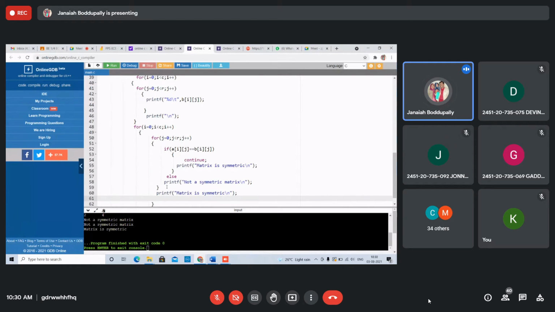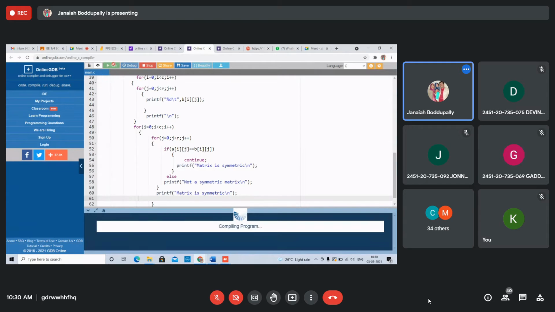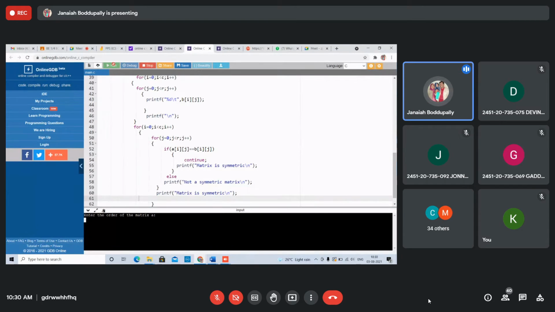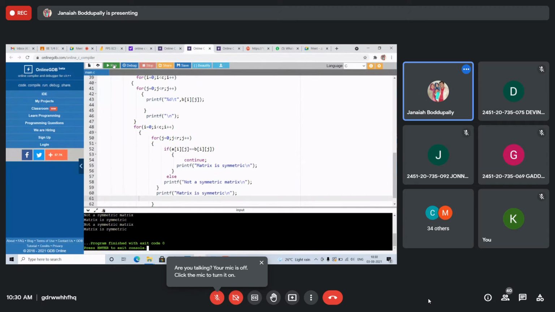Transposing the matrix, and then a two by two matrix.